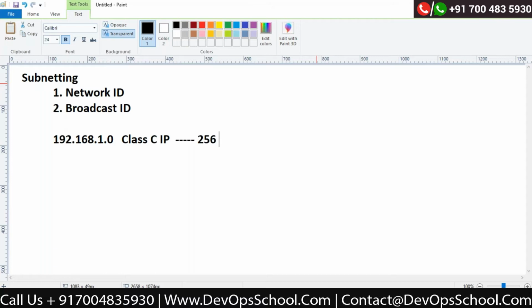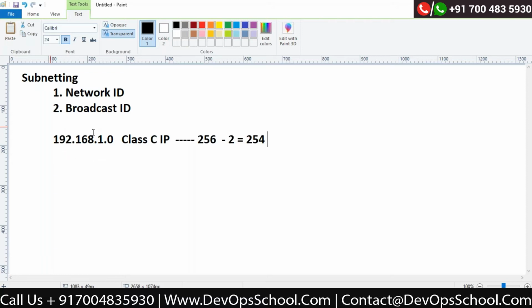But just now I told you I should have one network ID and one broadcast ID for this network. So the practically usable IP addresses would be 2 raised to 8 minus 2. Why this minus 2? Because one IP address is for the network ID and one IP address is for the broadcast ID, which are reserved, and you cannot assign them to any computer,